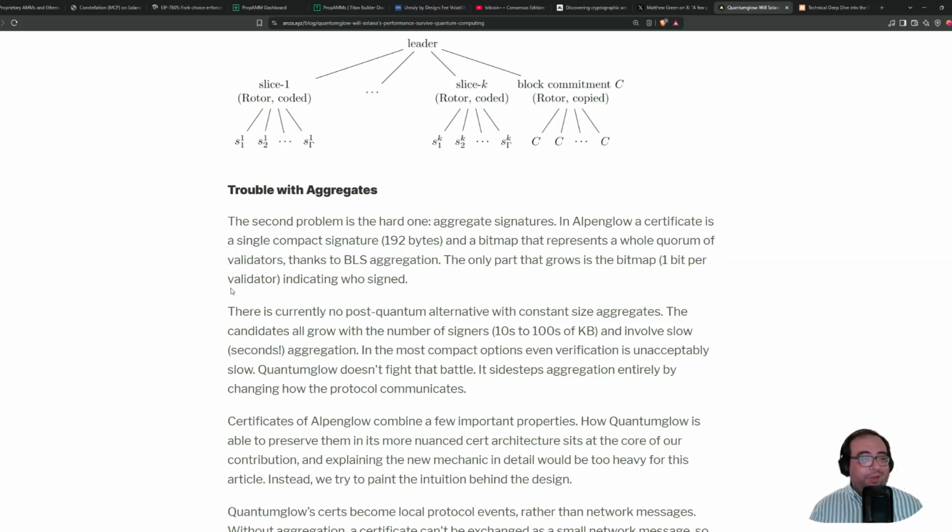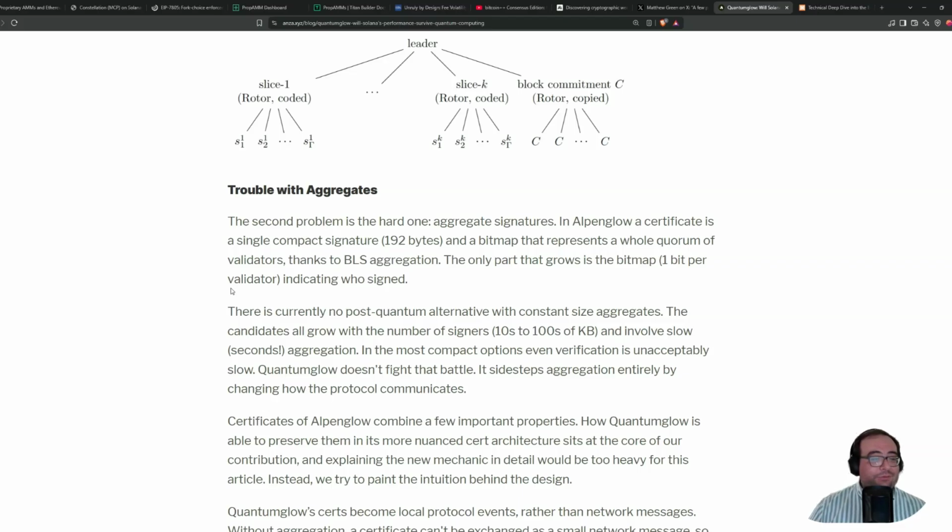And Ethereum went in the direction of using zero-knowledge technology. So you prove and verify the existence of all these signatures and the fact that they're valid. And that's how they do aggregation. It's not really aggregation. You're not aggregating the signatures, but the effect is the same. You are convinced that the signatures are there.